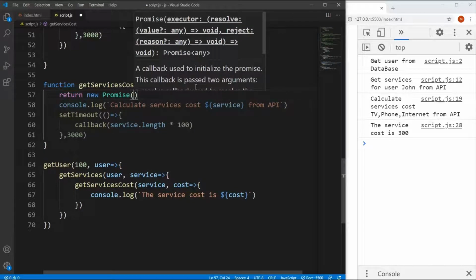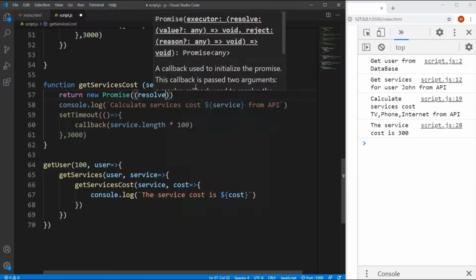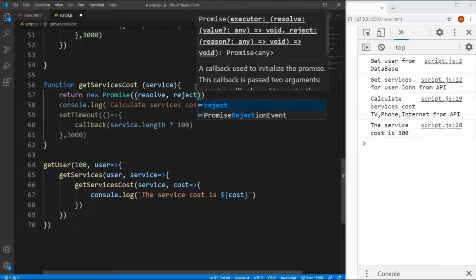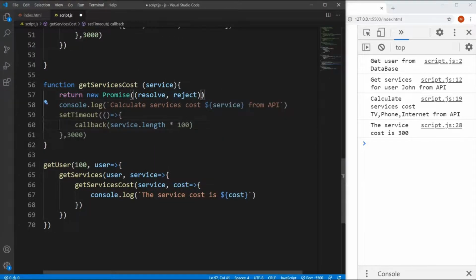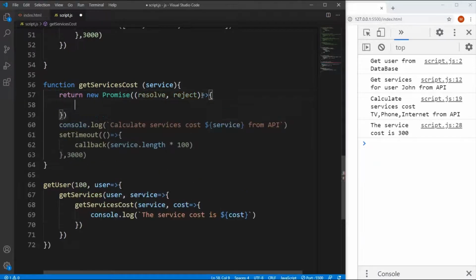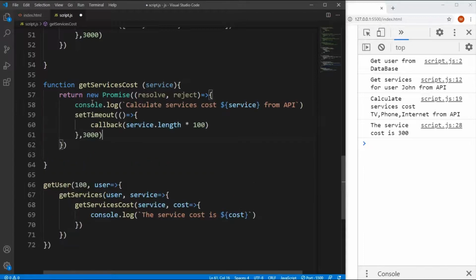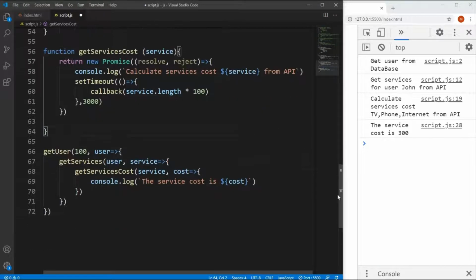And the new promise will take resolve and reject. It will either resolve or reject. Okay, so now let's put the code inside the promise. Okay, so here, in order to call the promise,